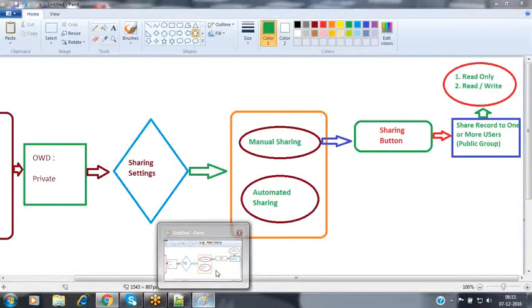Firoz? Yeah. If I have a parent and child object, if I share the child object, is that possible, not sharing the parent record, only the child record? Yes, you can share only the child record as well. But at that time, the parent record's relationship field will not be visible to you over here.